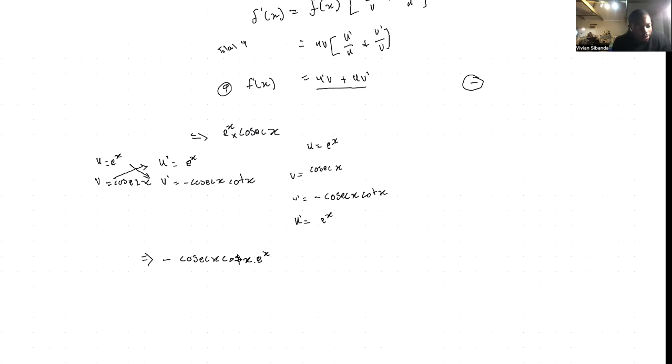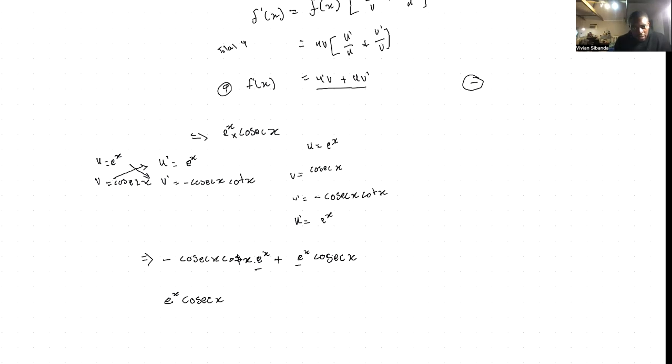So okay, now we cross the bottom with the top one. So it just becomes e to the power of x times cosec of x. That will be your final answer. Or you can simply take e^x cosec x out, which will give you e^x cosec of x